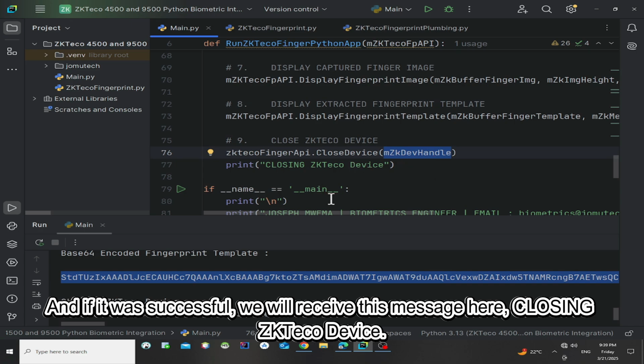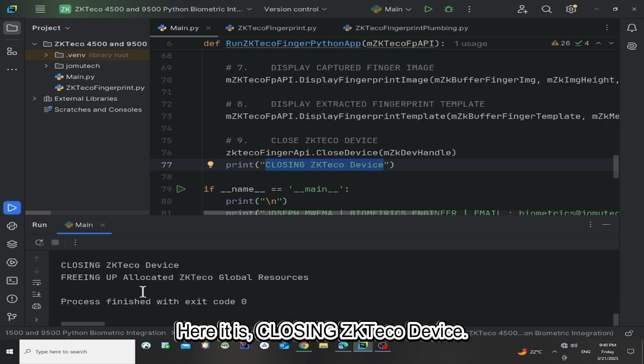And if it was successful, we will receive this message here: closing ZK device. Here it is, closing ZK device.